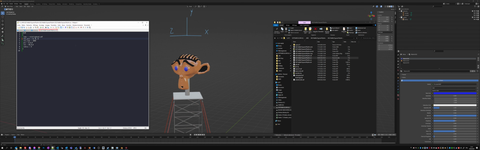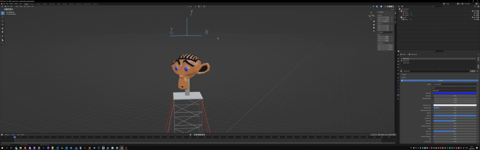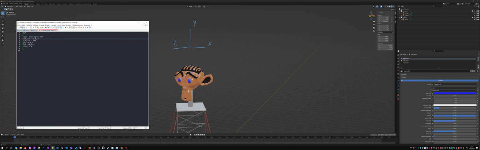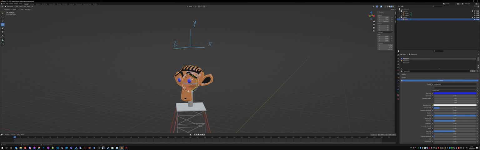But here it's Y up, so you need to put the 1 here. So 1 will be your axis, unless you want your object to rotate this way.